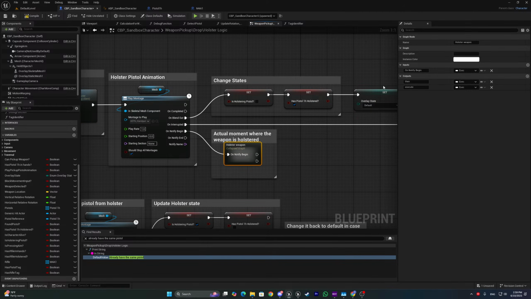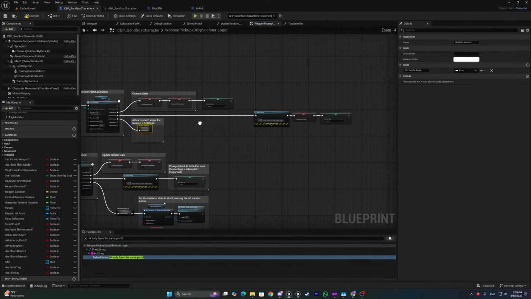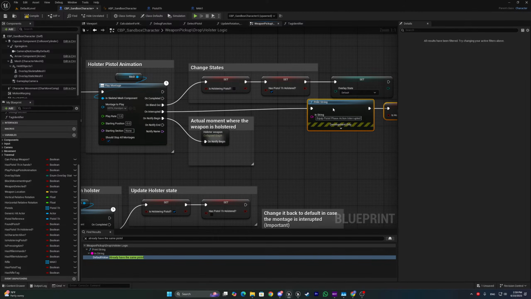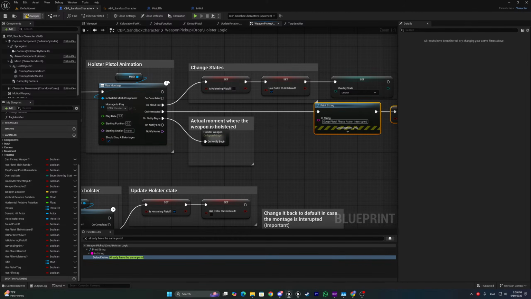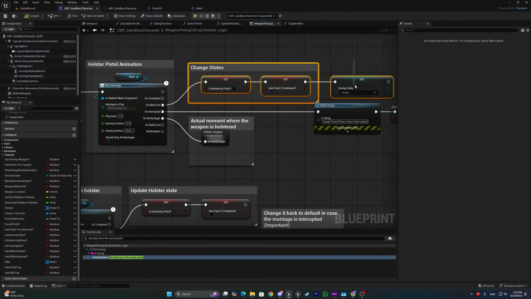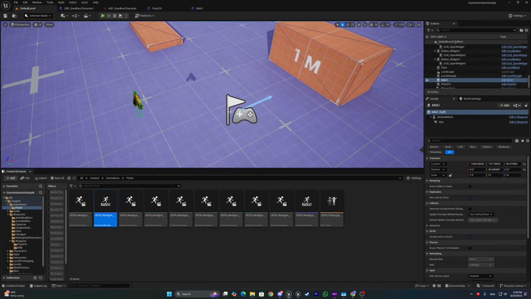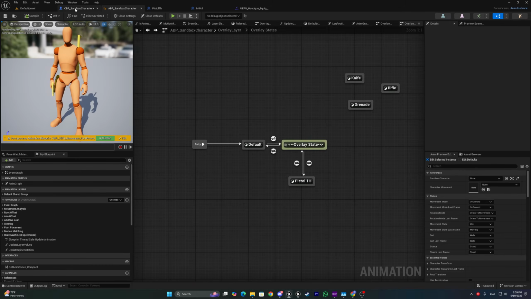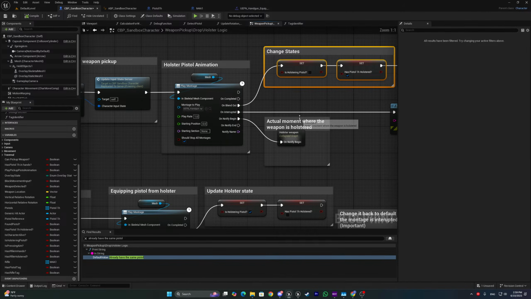I don't know why you have a lot of execution outputs in here. Let me just close that. And let me see what happens in here. Okay, so the character is going to just equip his weapon, equip the pistol, and